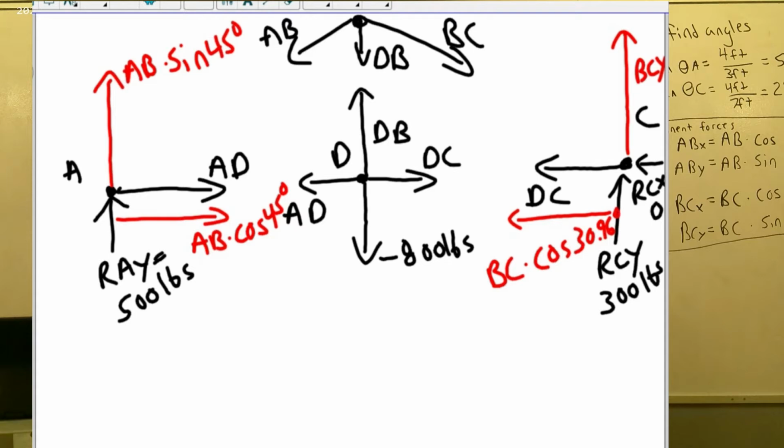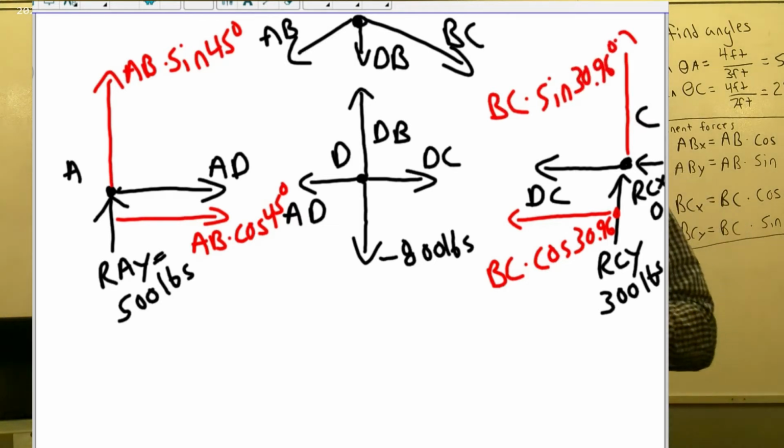degrees. And BCY, I'll write over here, is BC times the sine of 30.96 degrees, and that really blends together, so I'm going to go ahead and fix that so we can see this. BC times the sine of 30.96 degrees. The smartboard is a little bit thick to work with the markers, but now I can take my free